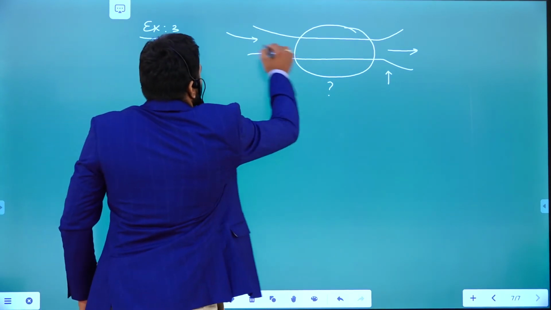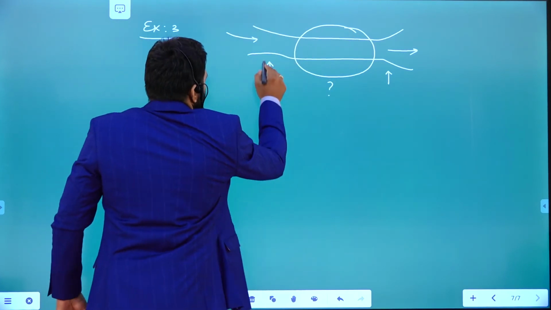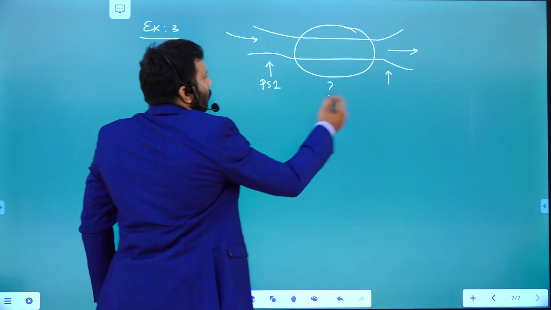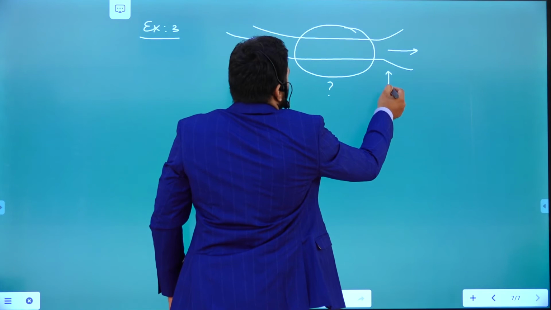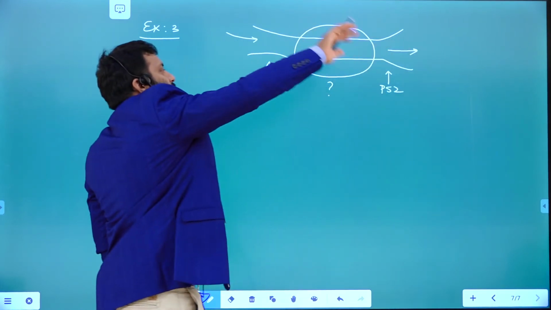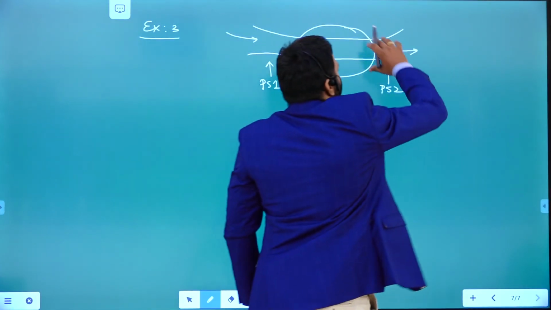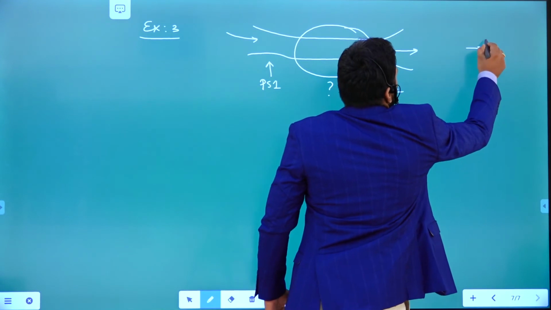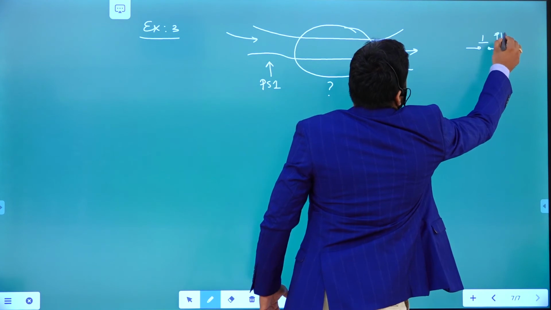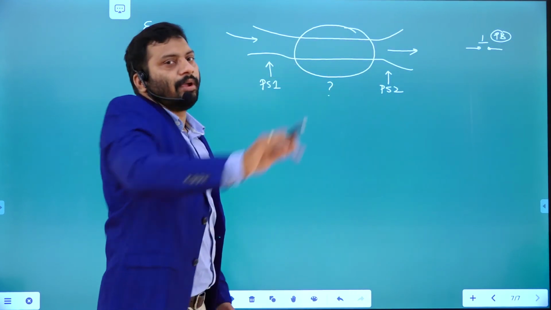For checking how many devices are coming from this side, we need to place one proximity sensor here. Here, proximity sensor 2 is going to check how many bottles are leaving from that particular way, right? To switch this main motor on and off, we are going to have one push button. This is the master control push button to control the motor, which is going to be connected to the main conveyor, right?